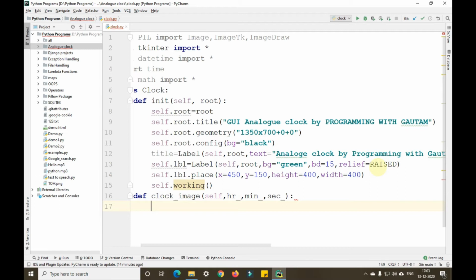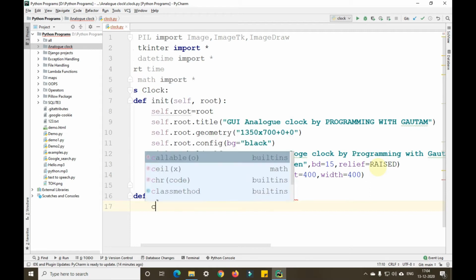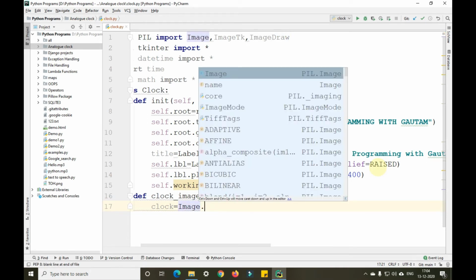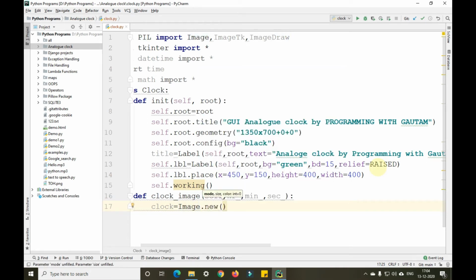After that, we'll take a clock attribute here, clock equals Image.new, in RGB format, red, green, blue format, with the color for RGB, 400, comma 400, comma 255, 255, 255. Okay.